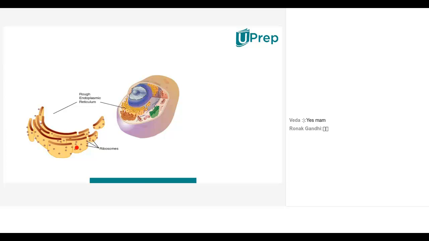Now here, these are the cisternae. These are the tubules, individual ones, and these are the vesicles. Ronak, I think somebody asked about the ribosomes. That we'll discuss. In the vesicles, we'll discuss the ribosomes. Here the labeled part is ribosome, but actually those are the vesicles regarding the structural aspect of this part of endoplasmic reticulum. When you get into the next functional aspect, you will get a clear idea of what these ribosomes are actually doing with vesicles and all. Is that class clear?